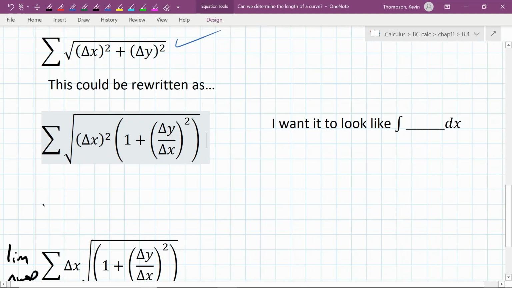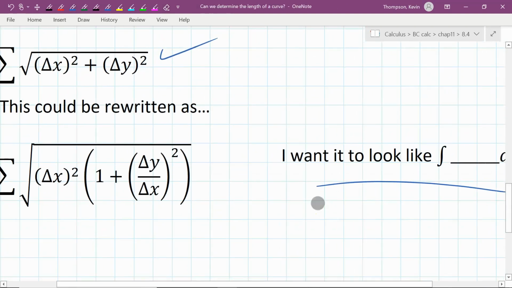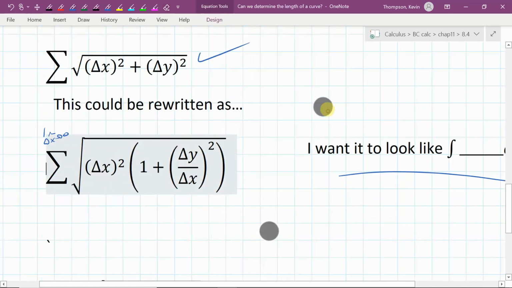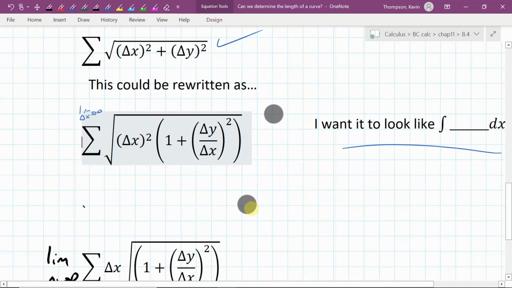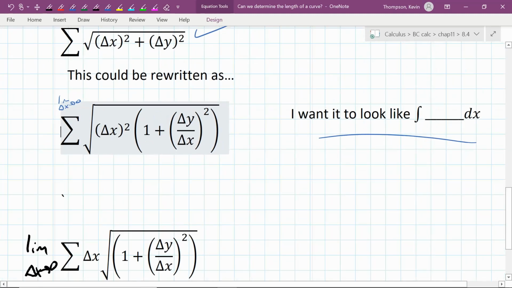But I really want it to look like some kind of integral, don't I? Right? Like, I'm really wanting delta x to be 0. There really is some limit as delta x is approaching 0. It's some infinite sum that I'm trying to do here. So I'm going to make another manipulation that